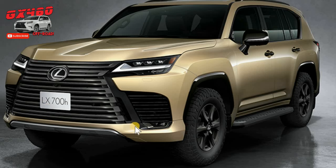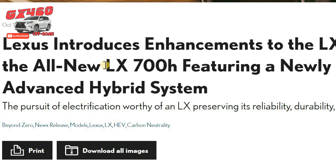LX700H Overtrail. Yes, a Lexus 700, not 600, 700 Overtrail. Same as the GX550 Overtrail trim, but forget about the GX550 Overtrail. We got a Lexus LX700 Overtrail with a front locker now. The Lexus